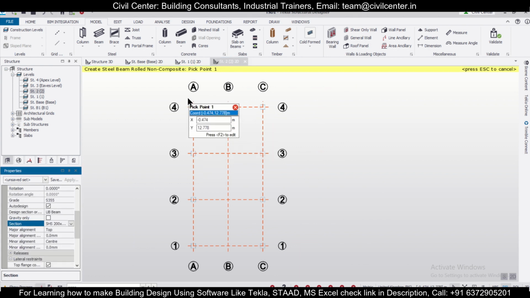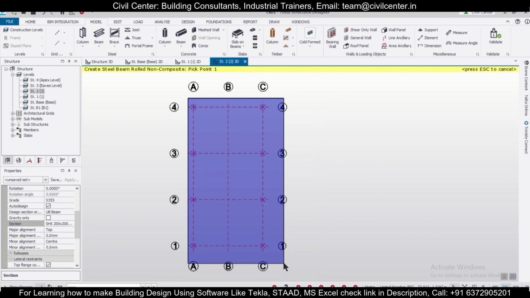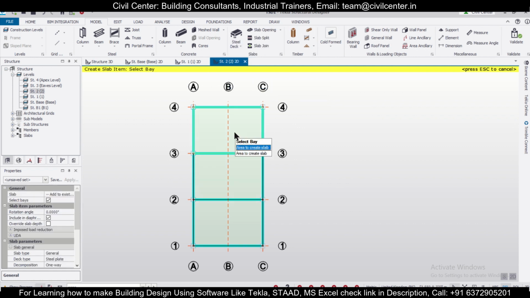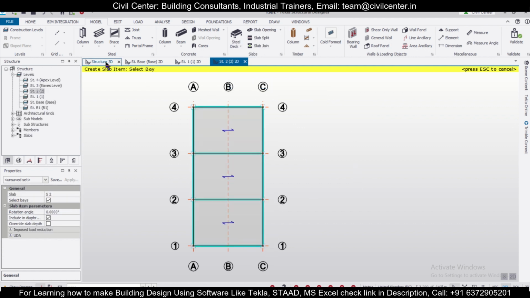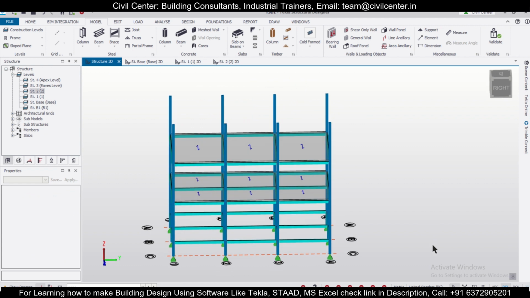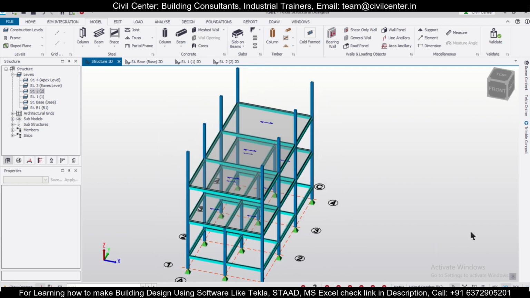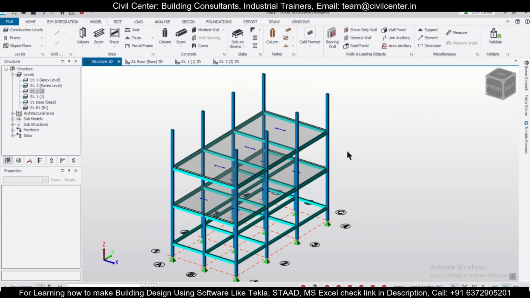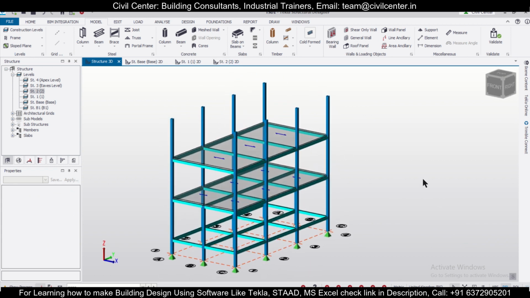The same section we'll take, and here also we'll go with steel decks. And after providing the steel decks here, what we can do next is